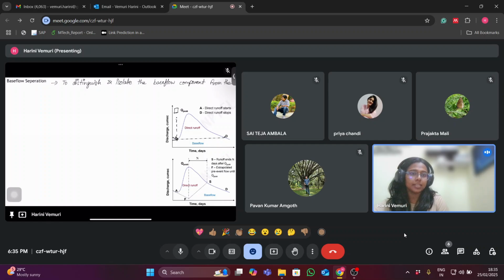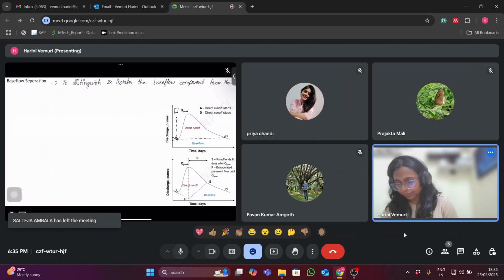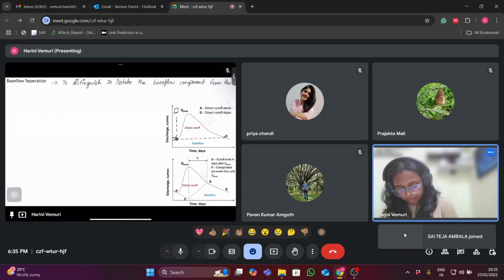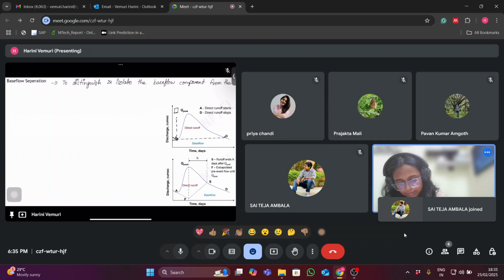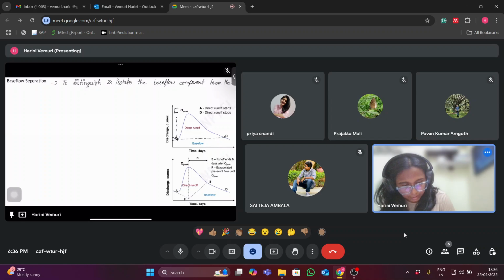During dry periods, when there is no rainfall event, this might be the only source of water for day-to-day purposes, drinking, etc. So we need to know the base flow component also. It provides steady, continuous flow between the rainfall events and is crucial for maintaining